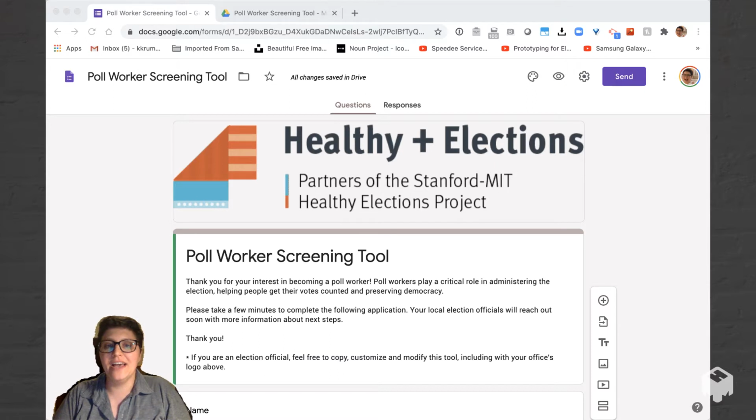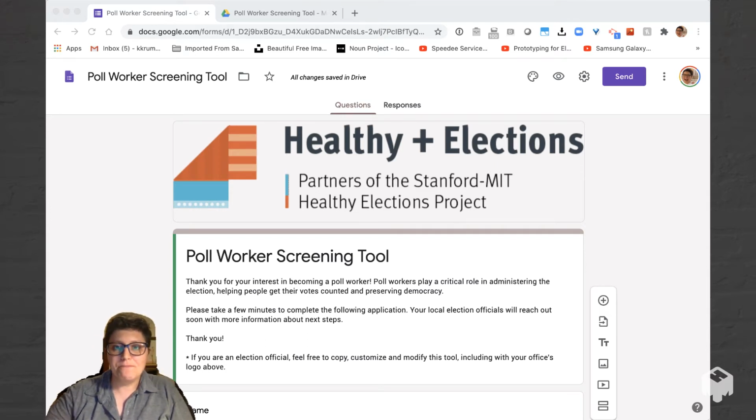Stanford and MIT, to develop and support those in the field administering elections, particularly in this time of global pandemic. So, one of the things that we have heard from election officials is that they need a tool for engaging and screening and gathering information from poll workers or potential poll workers who they're recruiting. So, we developed a Google form that is customizable and you can make edits based on your own needs and